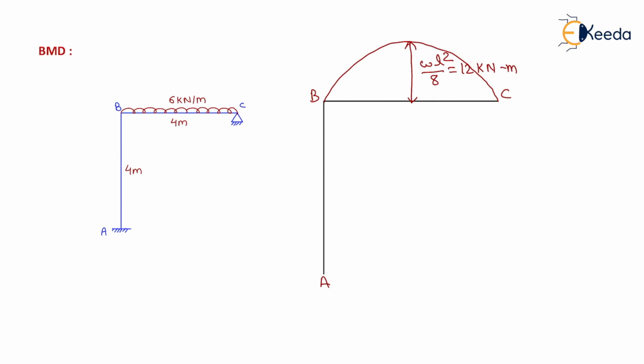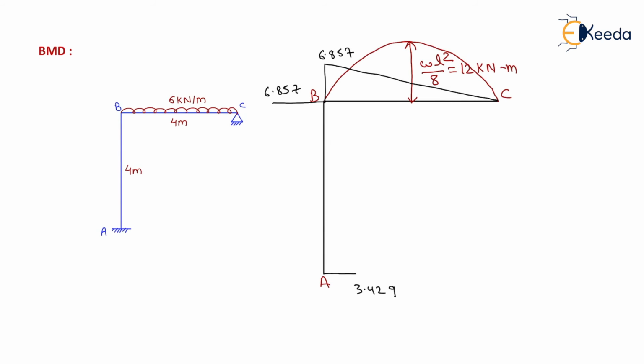Now at BC, there will be a moment of 6.857 with negative sign. Similarly, at C, the value will be equal to 0. So we can draw a straight line here. Its value will be equal to 6.857. Similarly, at BA and at AB, the moment at AB will be equal to plus 3.429. So it will be on the downside of the base axis. Its value will be equal to 3.429, and on the right side of section XX there will be a moment of positive 6.857, so it will be plotted above the axis, that is 6.857.